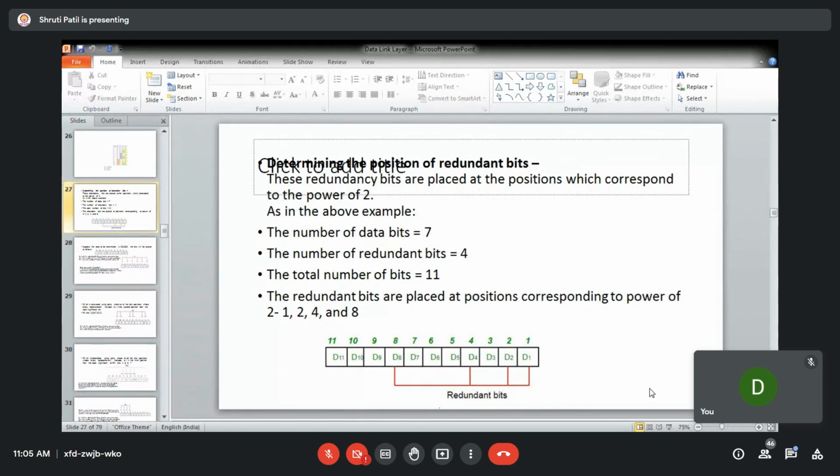Okay, is this PPT visible? Yes, ma'am. So have you understood this? How to add the redundant bits?